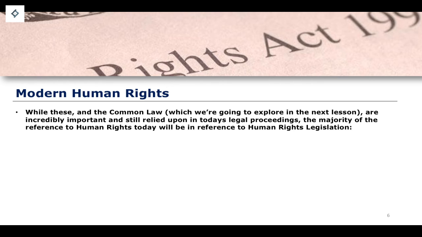Skipping ahead then, we will get on to looking at some developments in history as well through the common law in the next lesson, but skipping ahead then to some more modern human rights documents. Of course, the majority of the human rights that we will look at today will be in reference to two major events which take place. The first major event is the entering of the United Kingdom, or the partly forming by the United Kingdom, of the European Convention on Human Rights, which takes place in the late 40s, early 50s.